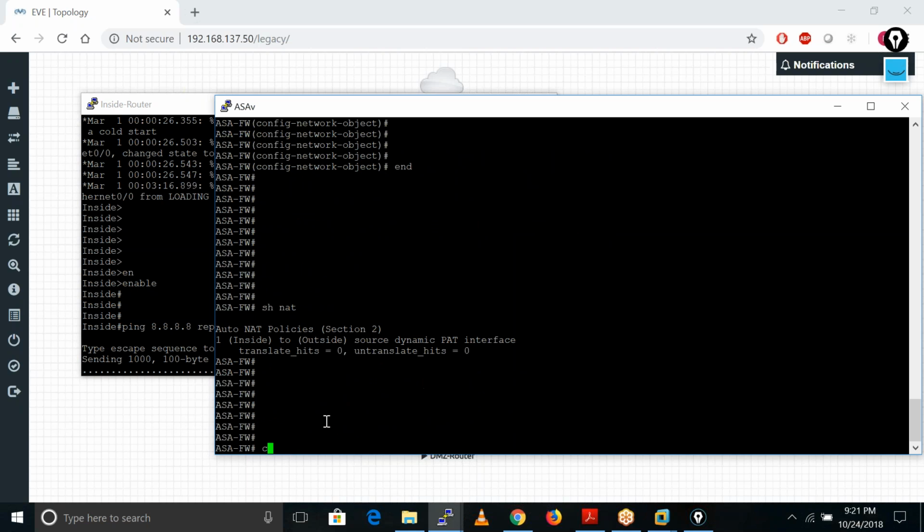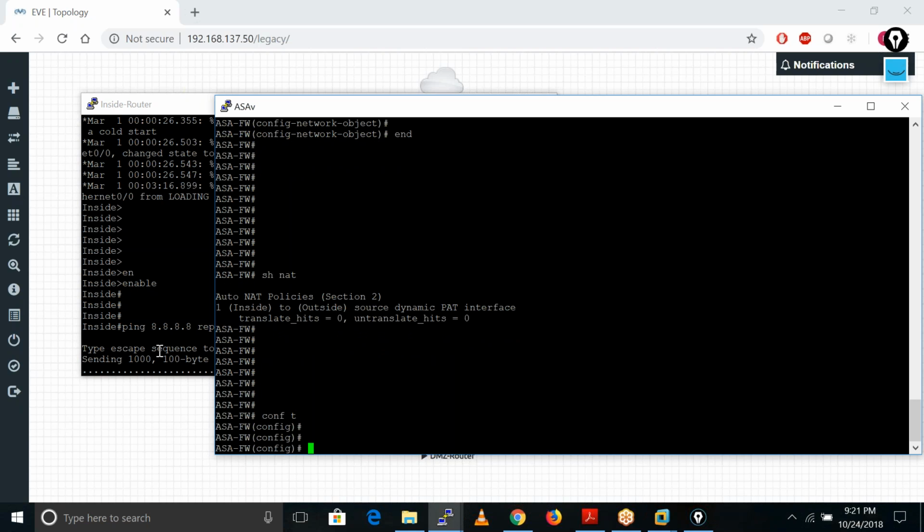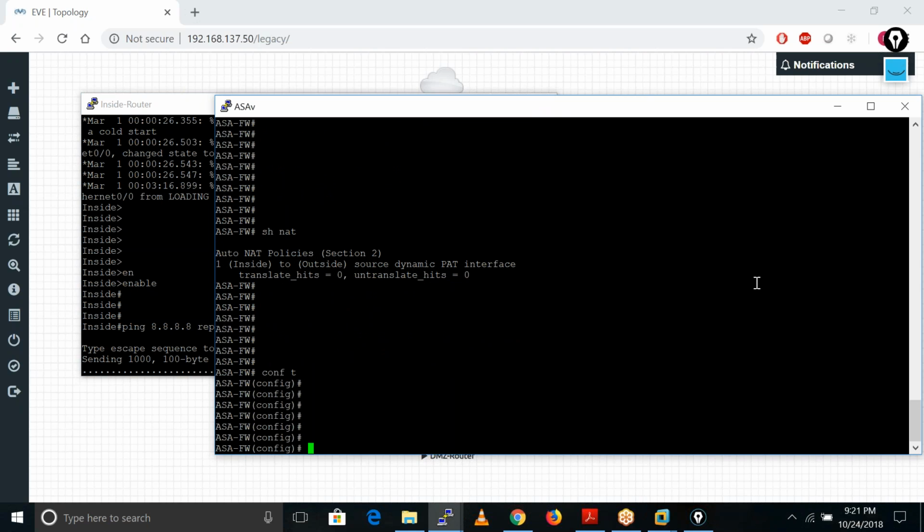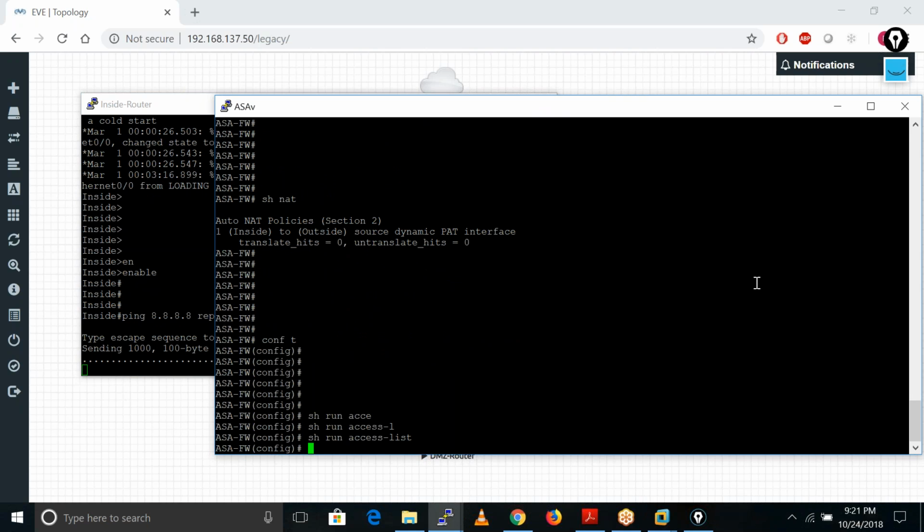Ping is not working here. What is the reason? You are now strong enough to give the answer to that question. When we initiate any kind of ping request, it uses ICMP, right? So on the first day, if you remember, I told you that all the TCP and UDP traffic is by default allowed by the firewall from high security level to low security level.